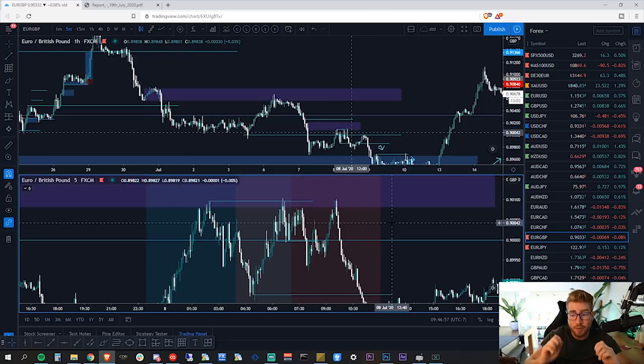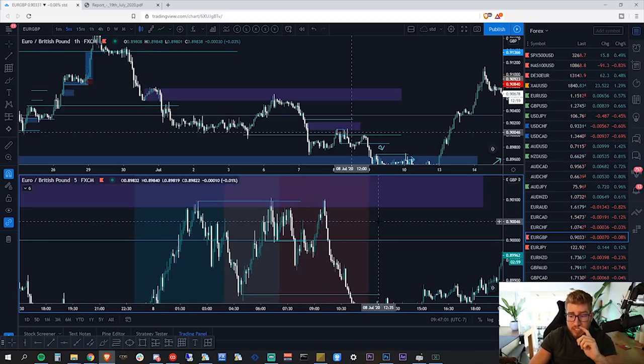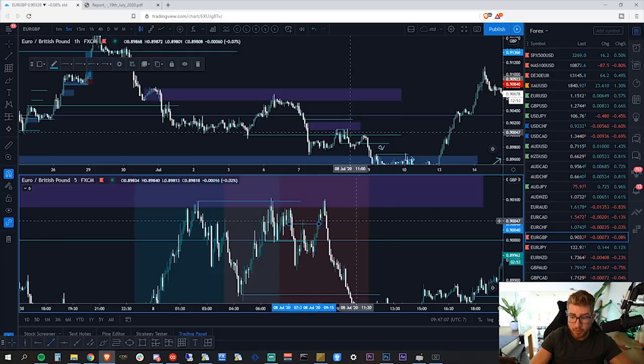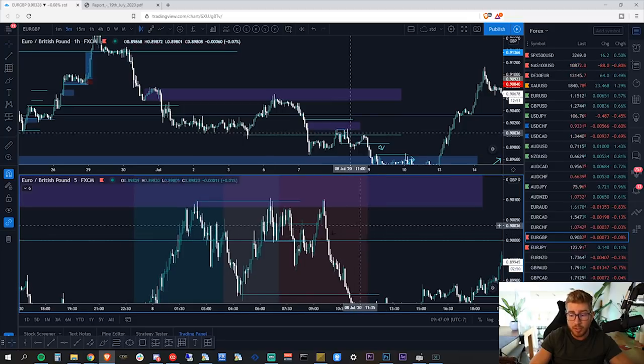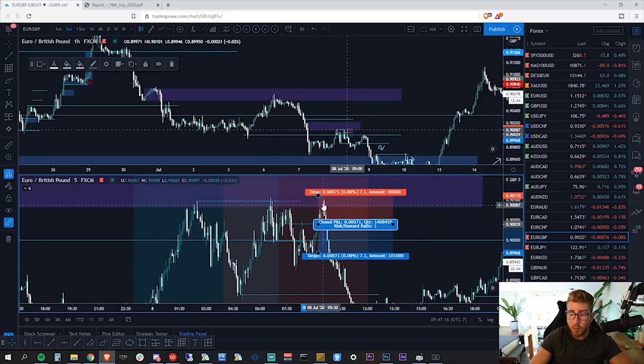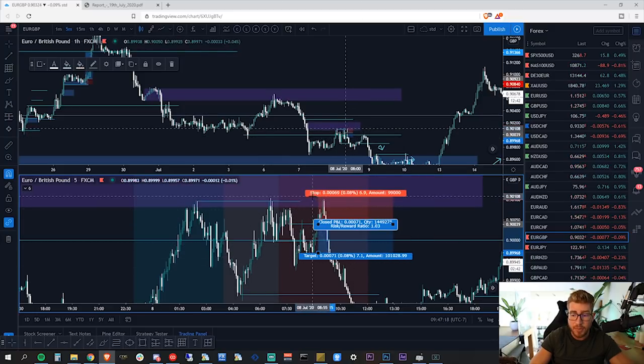Again, guys, a lot of moving parts here. Then the next thing that we do is we look again for that untested level. So it's a very small untested level here, the drop-off point right there. That's where I would put my entry on that pullback, because again, I don't want to market enter. I want a very nice trade, and I'm going to put my stops behind that level because I know